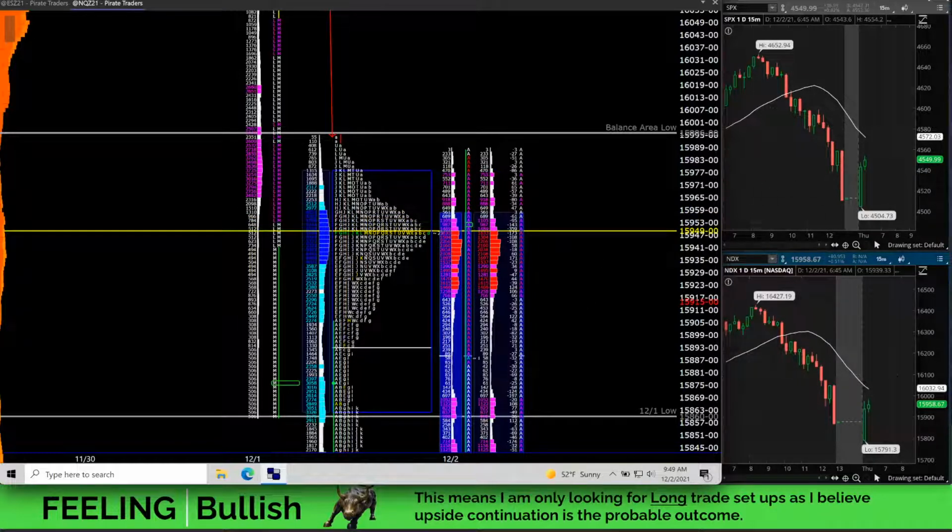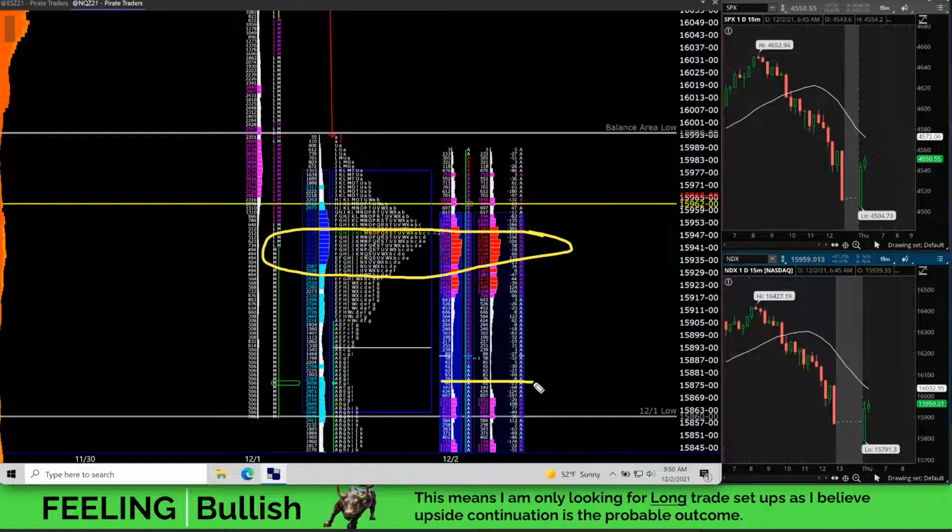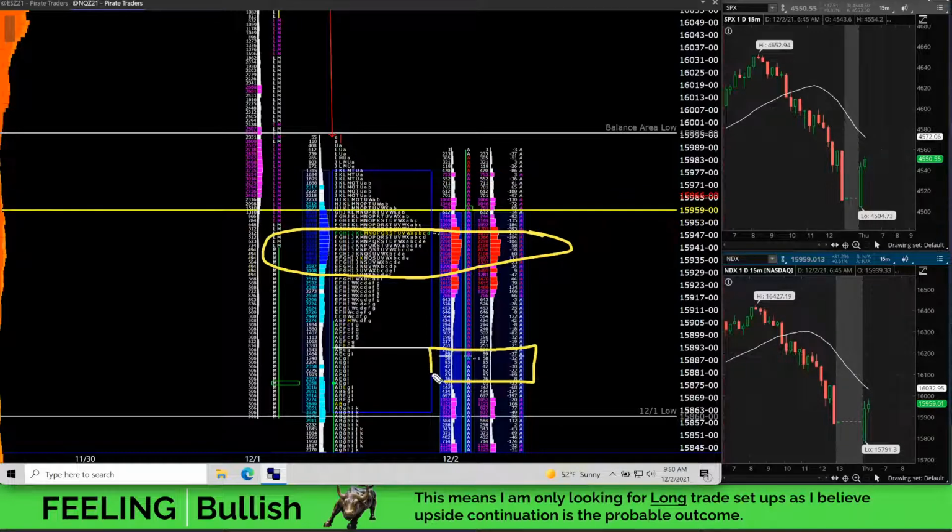So at this point with the NQ, you could look at this area where, I mean, we're literally trading into it right now, this area where we put in the volume this morning and in the overnight. If this cannot hold as support, we're likely to head back down. At the very least, backfill these low volume nodes right around halfback.